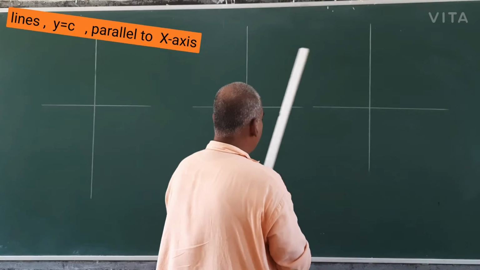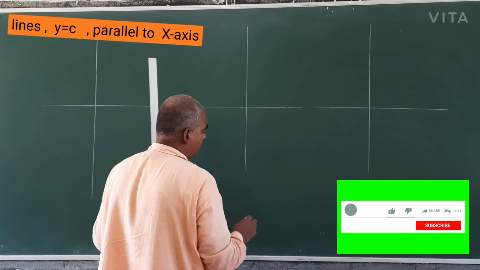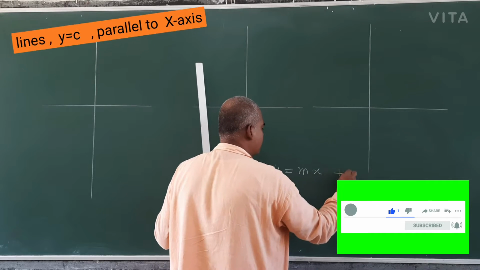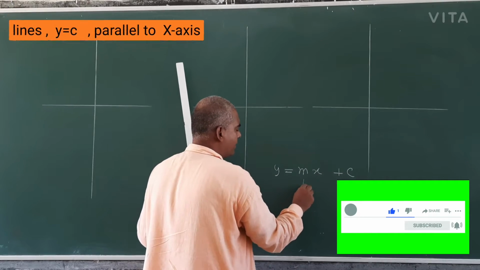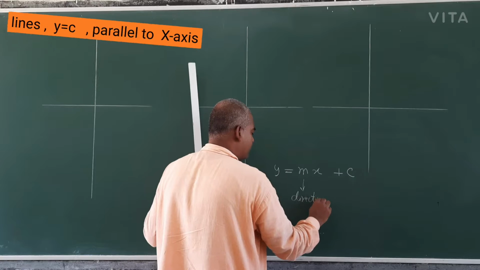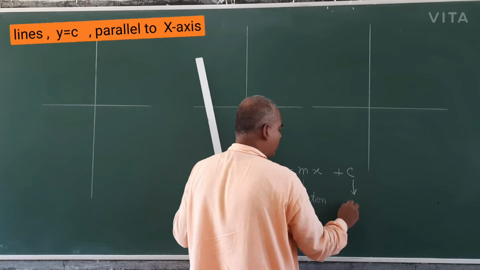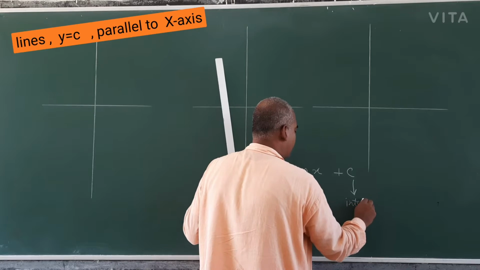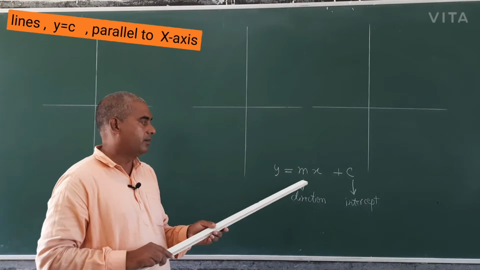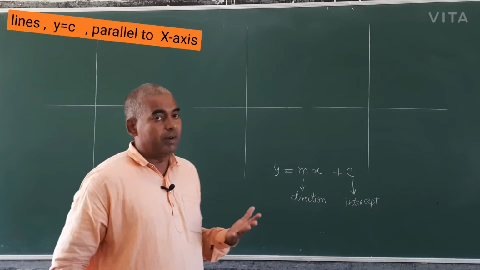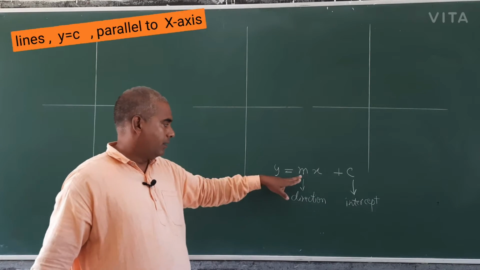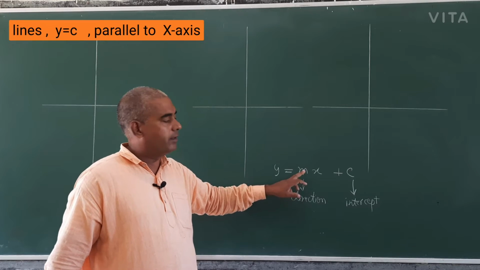I will focus mostly on the equation y equals mx plus c. M gives the direction of the line, and c is called the intercept. This will be the first equation taught in class 11th, but you are in class 9th. So why do I teach it? Only for your understanding, for your interest. Different values of m will create different figures.